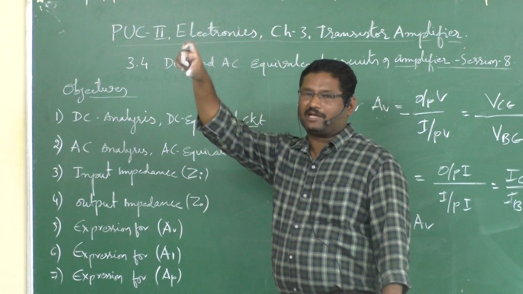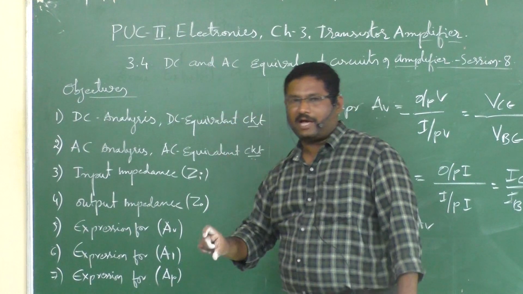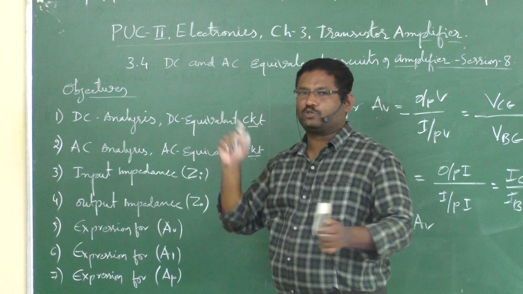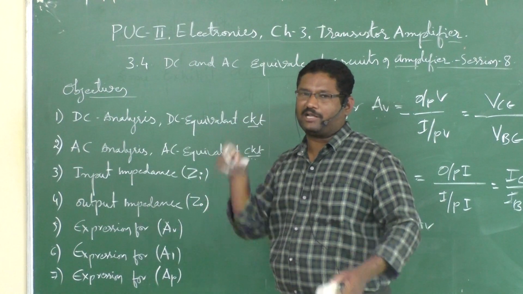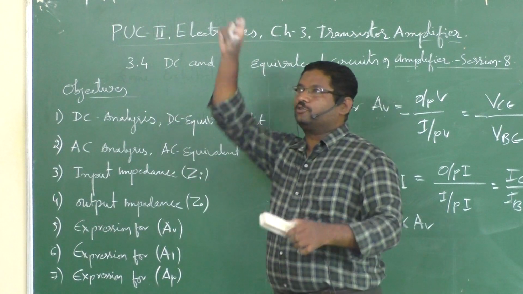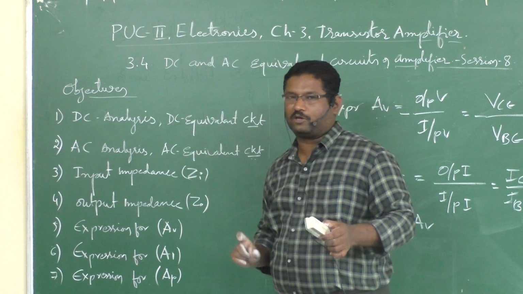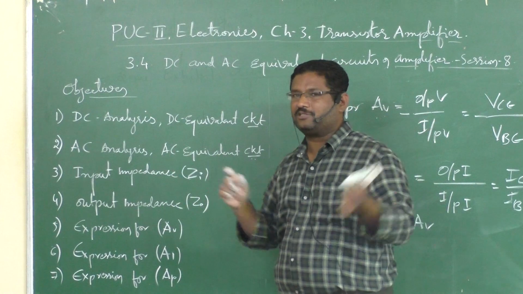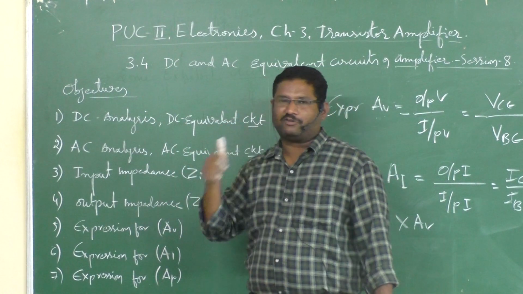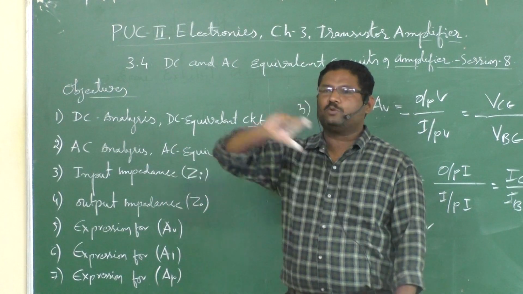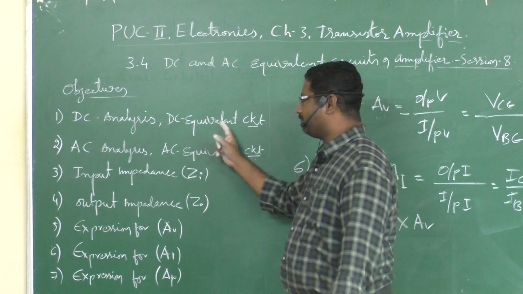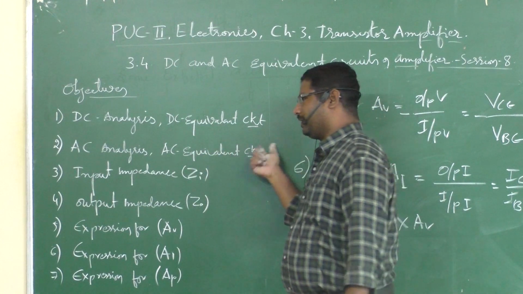Transistor and RC and RE, R1, R2 and CE, C in and C out. So these are the 7 components you have to write, apart from the transistor. Then source positive and ground, and input and output. Like this you have to write all the parameters, and then write down the condition. For DC analysis, the first condition is to remove the AC source, and the second one is to replace the capacitor. Then we can write the equivalent circuit.